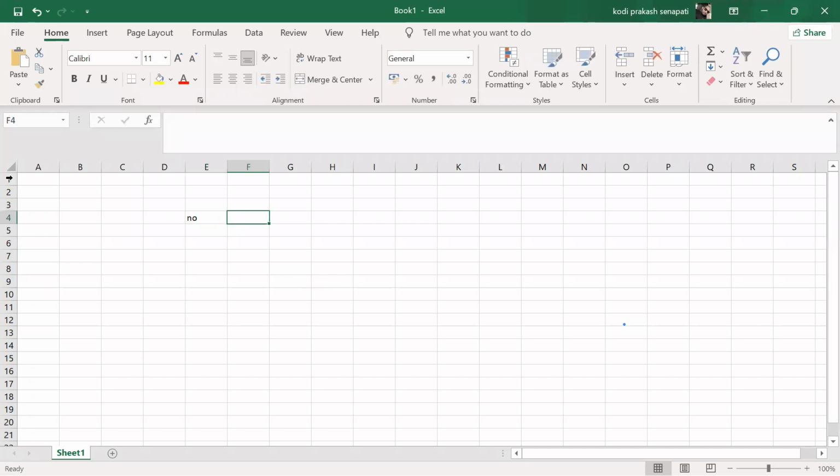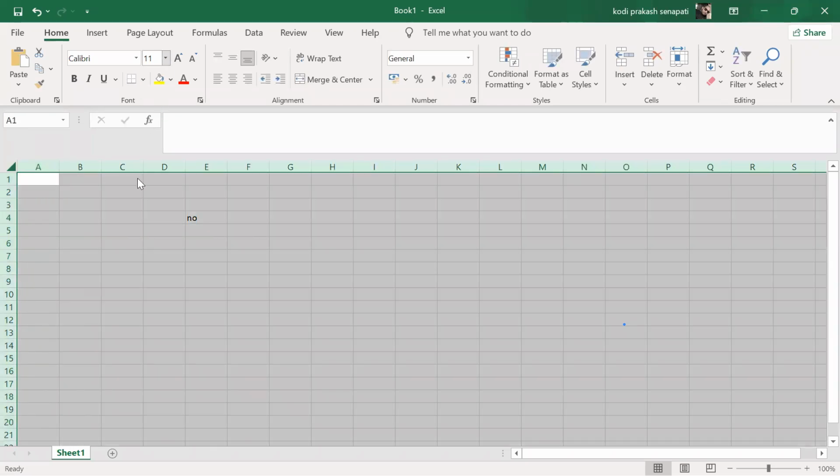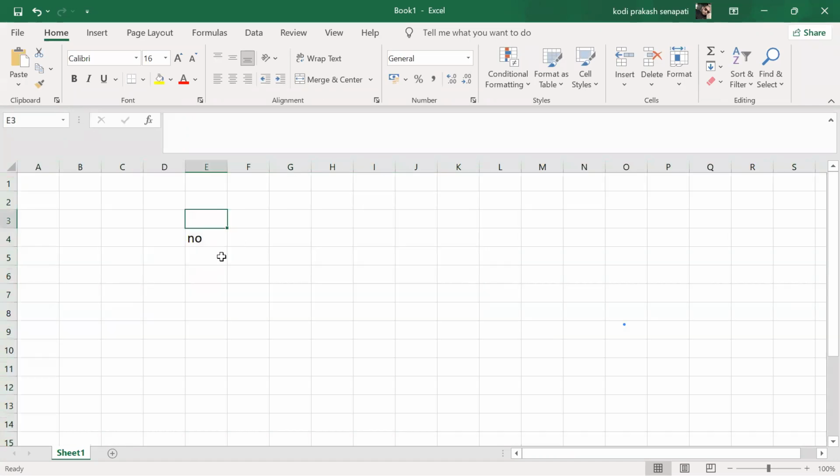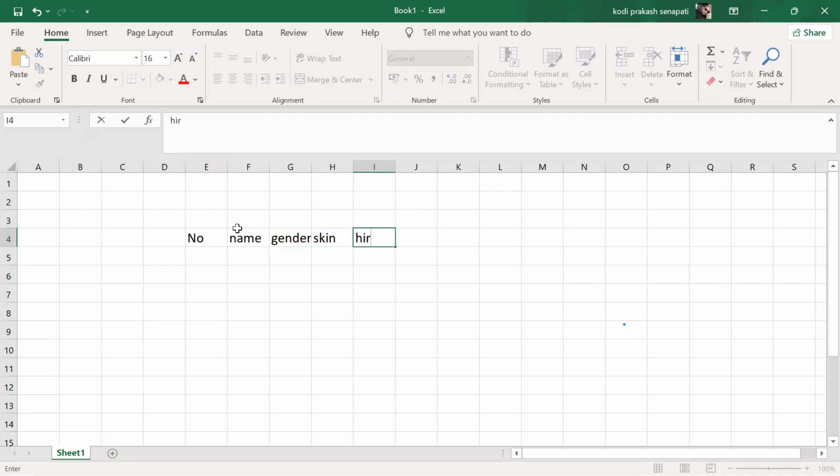Number, name, gender, skin color, all right, and hair color, and family members, or square feet of the house, and locations, office locations near the shopping mall and nearer to the colleges.